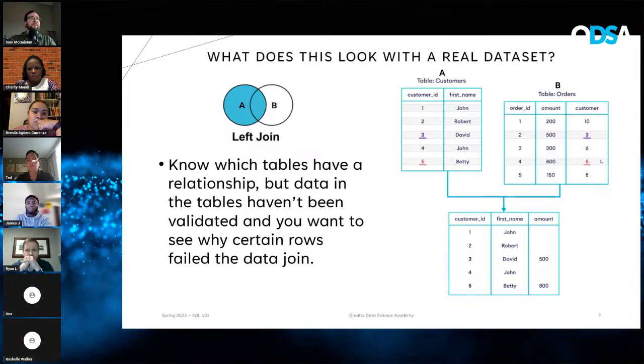So in this case, let's talk about how this table join works. We're going to select everything from our customers table, and we want to see how much our customers have spent on any of our orders, our table B. When we do the left join, what we're telling the SQL query engine is, I want to see everything in my customer table, or the table that I select from. And then if they have any sale records, I want to return some information on each of those sales records